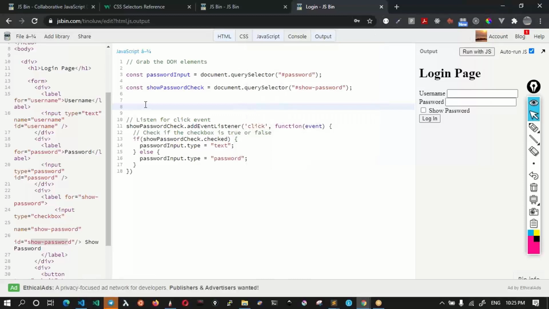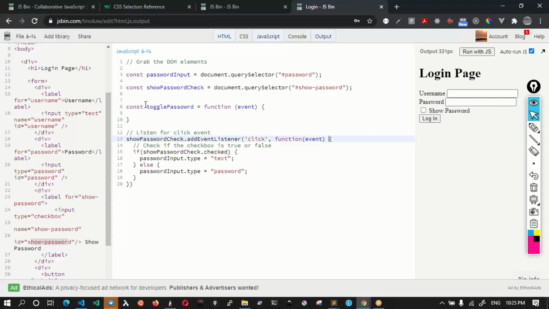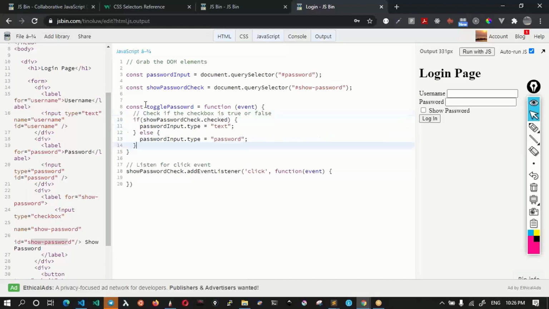So I'll create a function called toggle password, which is a function that will receive the event. Same thing. And then I'll simply grab this entire code from here and move it to toggle password. And here, instead of writing a function inline, I'll simply refer to this function.